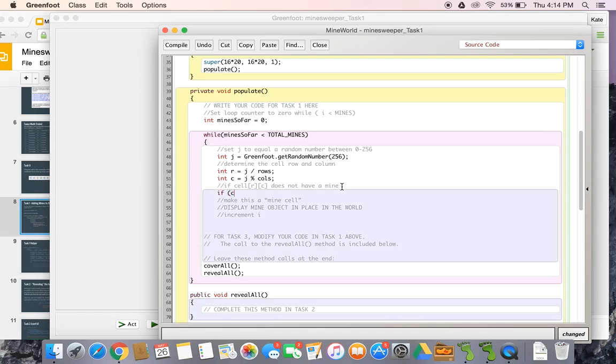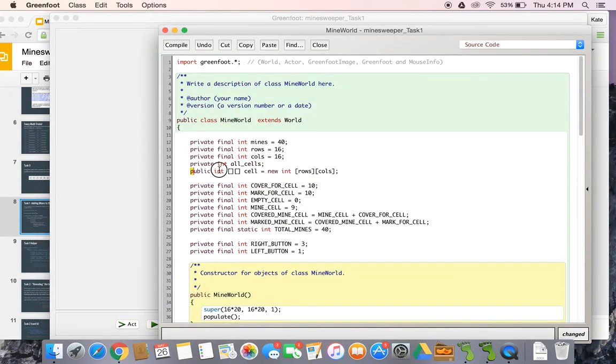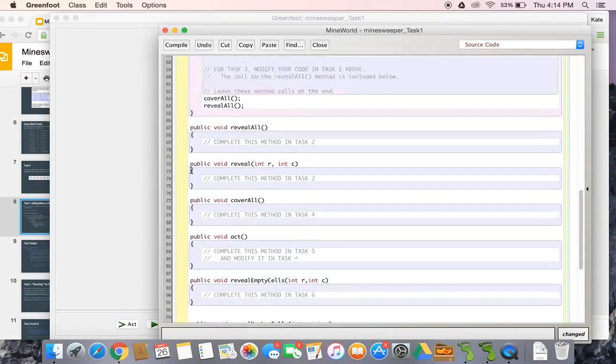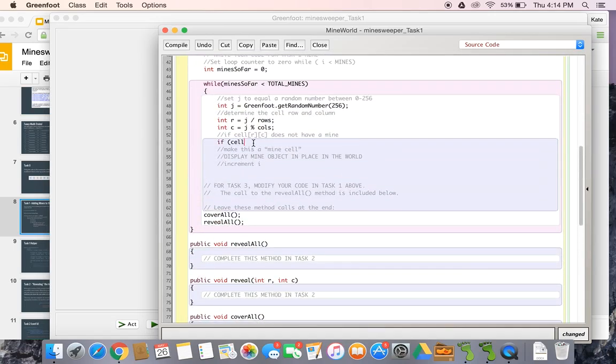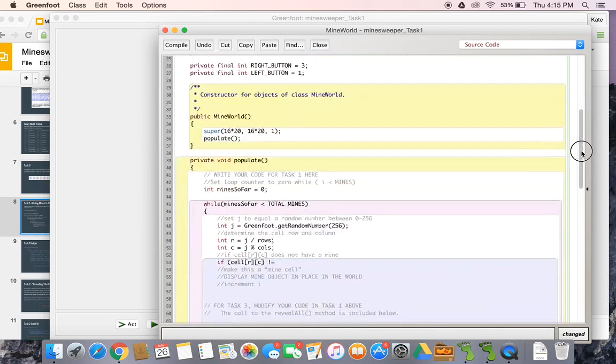If cell, which is the name of the array that is holding our 2D array, cell RC does not equal 9. We just want to make sure that it doesn't equal 9. Instead of 9, we can use the constant right up here, mine cell. As long as it doesn't equal a mine cell,